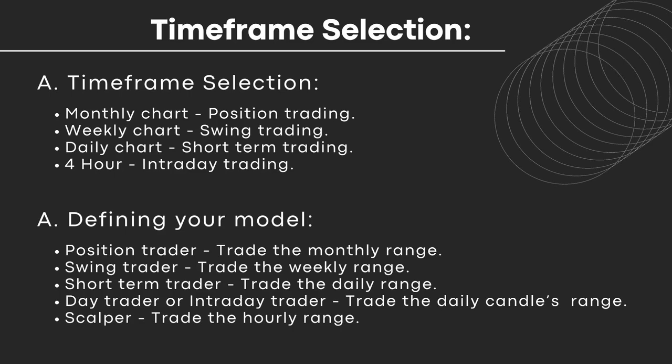Now, the second one is a swing trader. A swing trader trades the weekly range, and range is on the weekly chart or the weekly time frame, right? Typically for a swing trader, their setup takes a few weeks to a few months to form, and the average duration for their setup also ranges from a few weeks to a month or two. Now, this style of trading works too, but this usually works best in expansion profiles on the weekly chart,